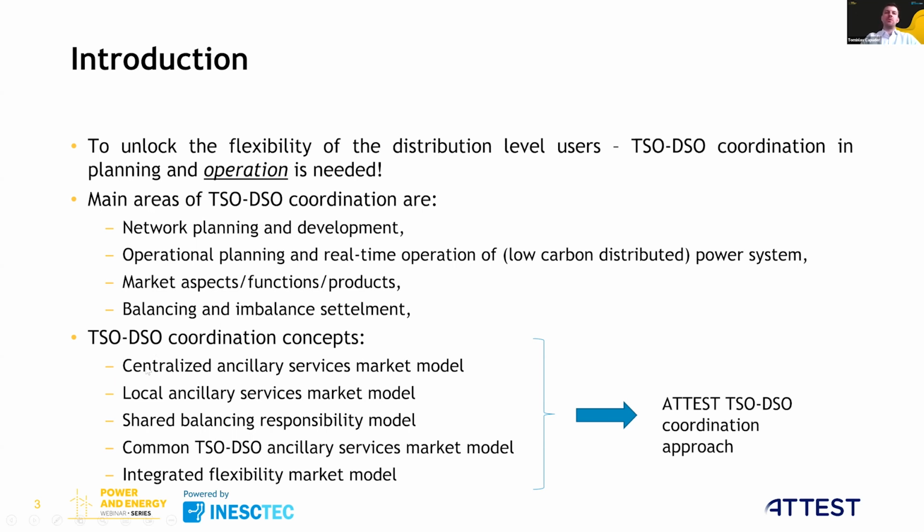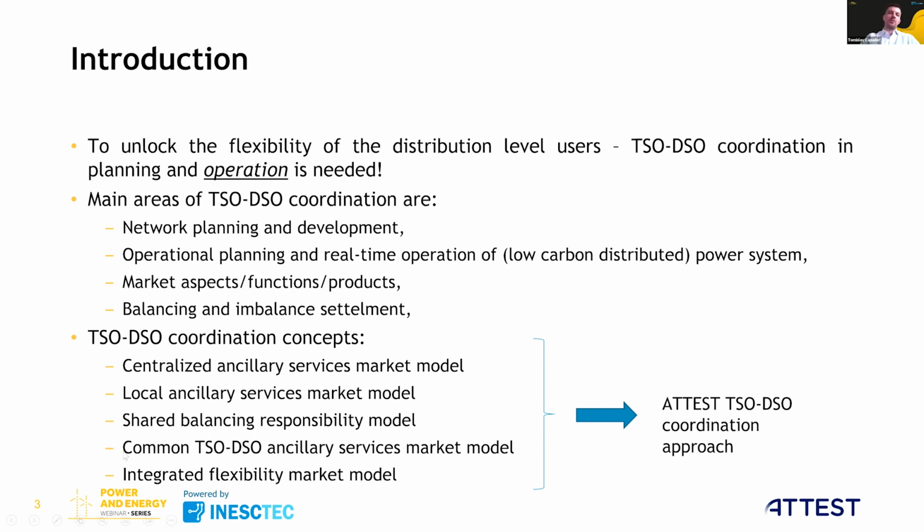So, for example, you would have something which is a centralized ancillary service market model, which resembles something that we do today. So only the TSO uses centrally the flexibility at the DSO level, communicates directly, and the DSO just checks for a pre-qualification. And then we have these more complex models, some which are a bit less realistic, like this local ancillary service market, where actually the distribution system operator takes on the responsibility of locally balancing the entire distribution network,